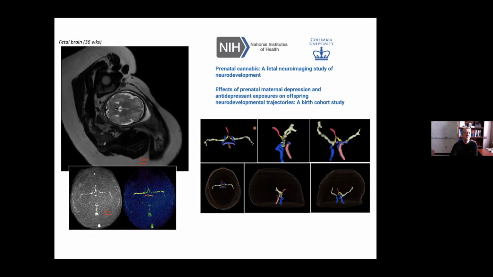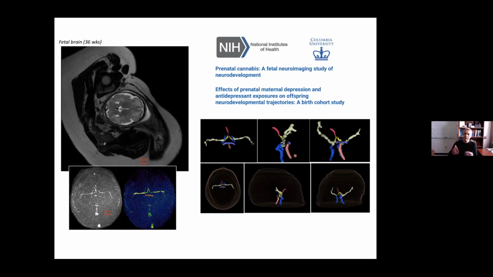So here, for example, is an image of a fetal brain here at roughly 36 weeks. But here below, I think it's still the case, what you're seeing is the world's first image of the intracranial arteries in a 36-week-old fetus. And so you can see that the circle of Willis is almost fully developed in this 3D reconstruction right here.